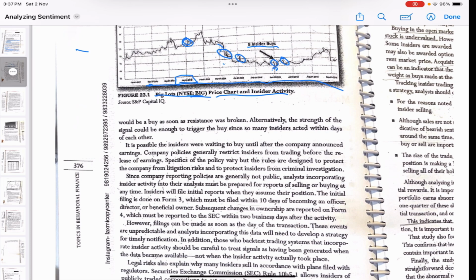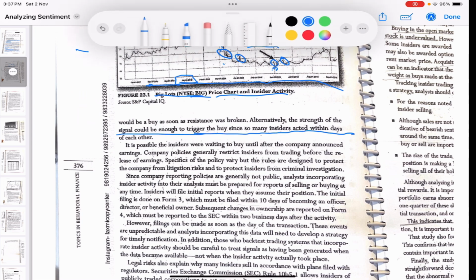So obviously, combining the insider activity with the price action or the price charts is how you are going to use it. Alternatively, the strength of the signal could be enough to trigger the buy since so many insiders acted within days of each other. It is possible that insiders were waiting to buy until the company announced earnings. Company policies generally restrict insiders from trading before the release of earnings, right? So that is a rule followed by all the companies. Specifics of the policy vary, but the rules are designed to protect the company from litigation risks and to protect